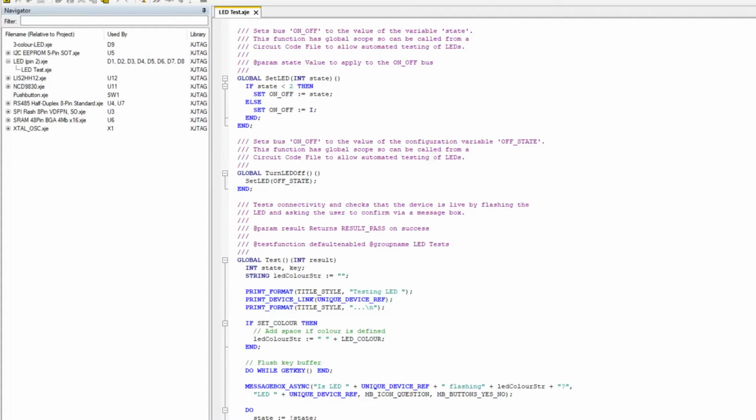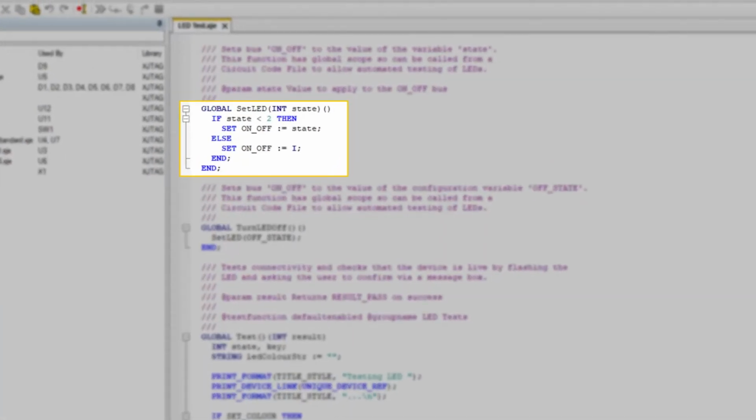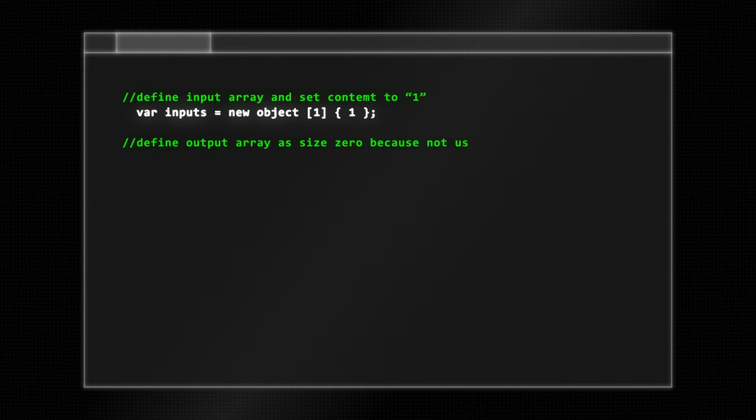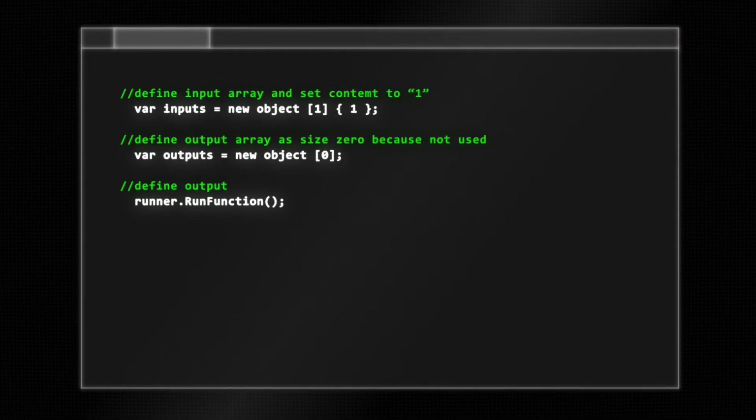However, within this code, there are some underlying functions that it uses. For example, this one is called setLED, which simply switches the LED on or off depending on what value is passed in. Using XJRunner integration, you have the ability to call these individual functions, provided they're globally accessible.